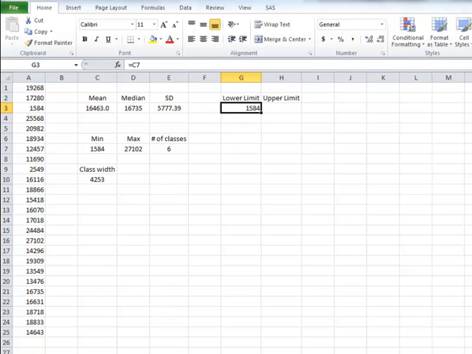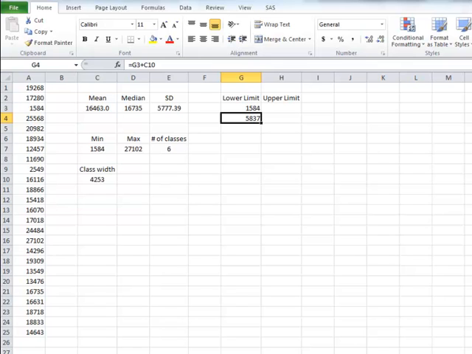And then the way that the textbook showed you was that to find the next lower limit, you would calculate the next lower limit by taking the first lower limit and adding the width. So what I'm going to do in this cell is I'm going to say it equals my lower limit here, and then I'm going to hit the plus sign and the width,